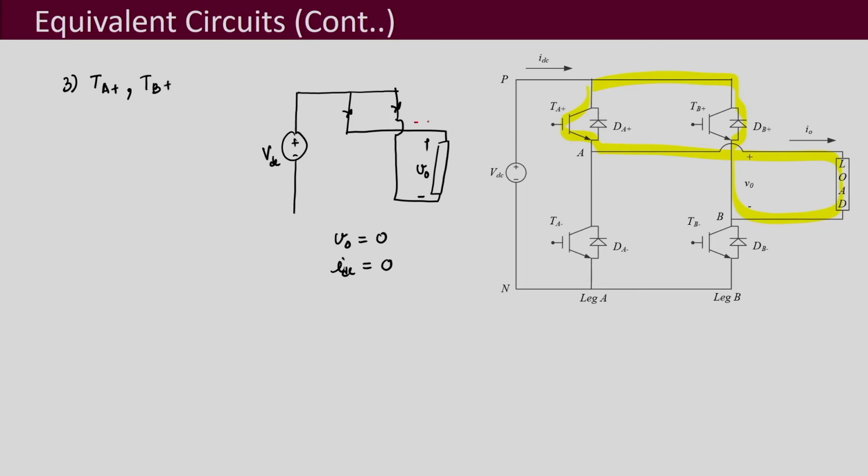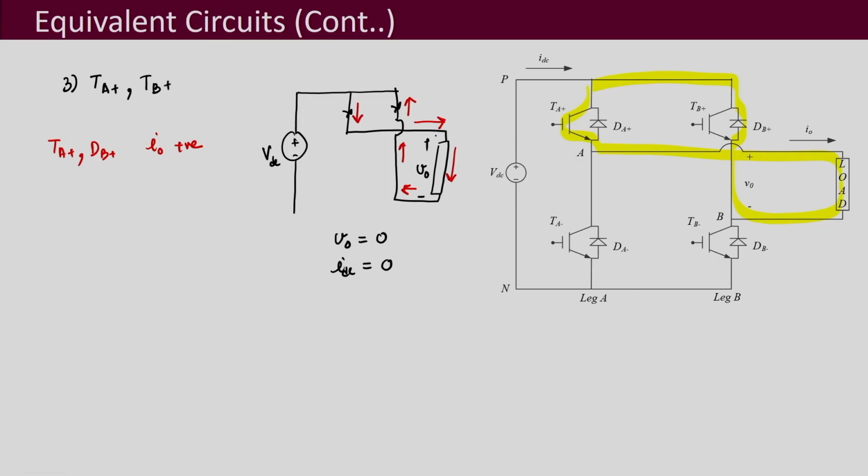When the current direction is positive, what we can observe is that it is flowing downward, carried by the transistor, and here it is carried by the diode. So, TA plus and DB plus are conducting when IO is positive,